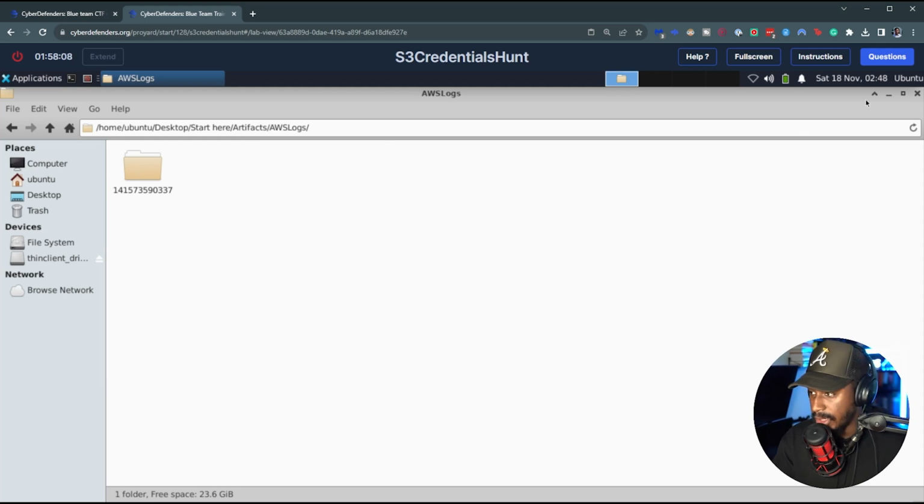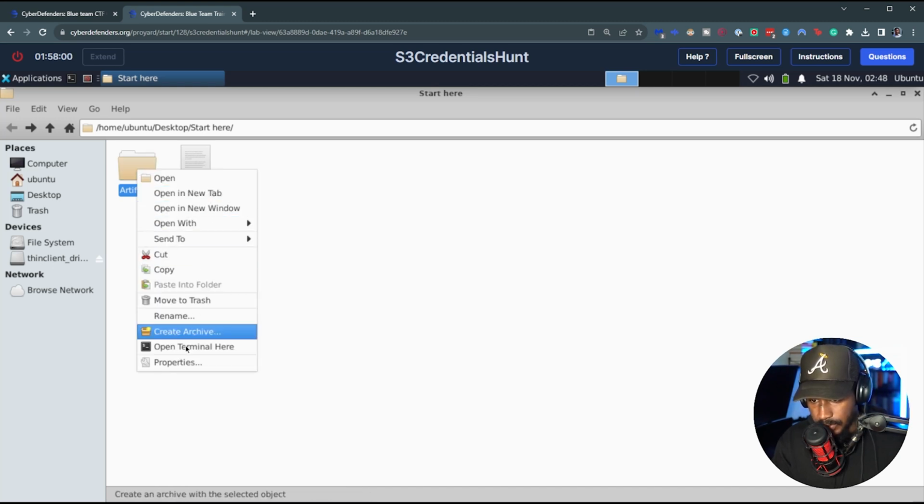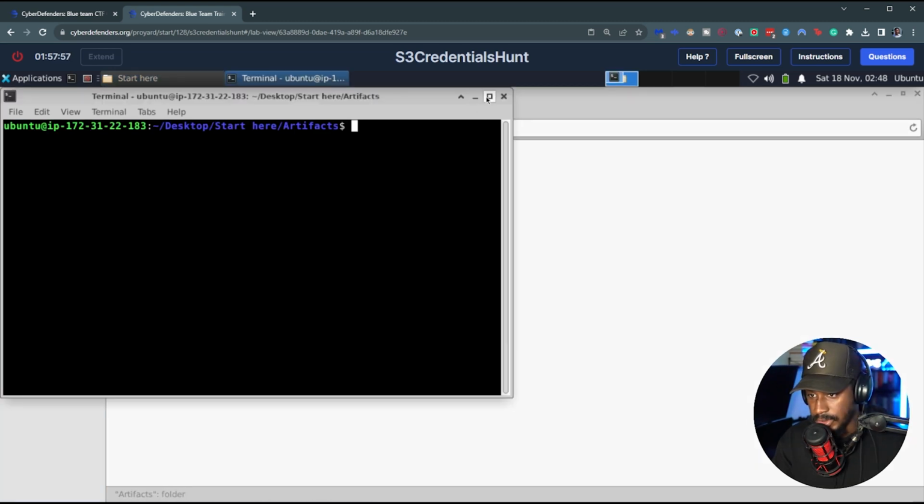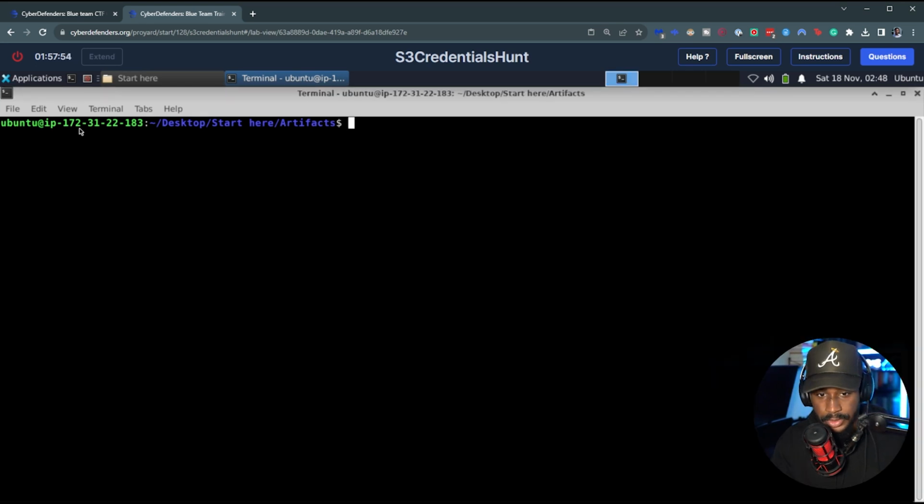Actually, I don't like dealing with this from the UI. So what I'm going to do is just open this folder from the terminal. Open terminal here. Perfect. Looks great. I'm going to make this a wider screen, and then we're going to navigate into the AWS folder. So let's list, and then we're going to AWS logs, and then if we do a tab here,